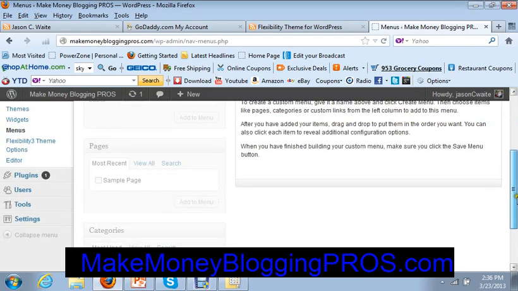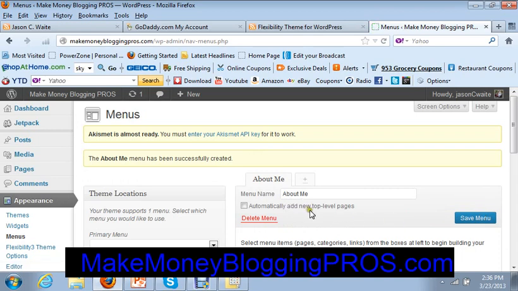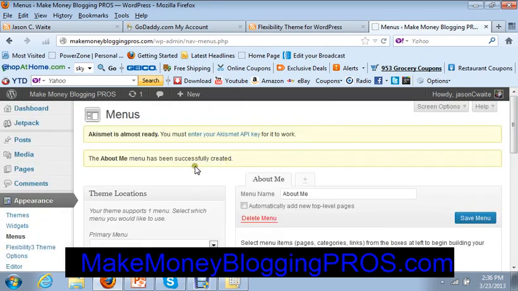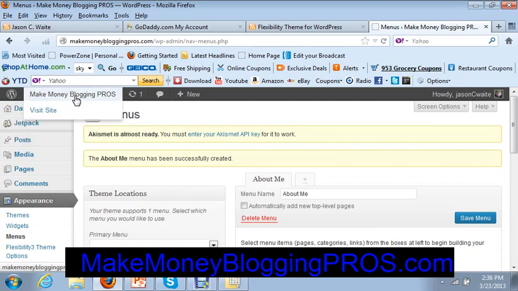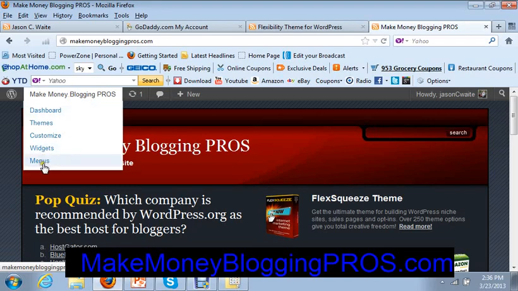Okay, once you have that done, click the enter button after you type it in, and what that has done is added a new tab to your WordPress website. So let's go check to see if it has changed it. And it has not. So let's go back. I'm just showing you generally how to do